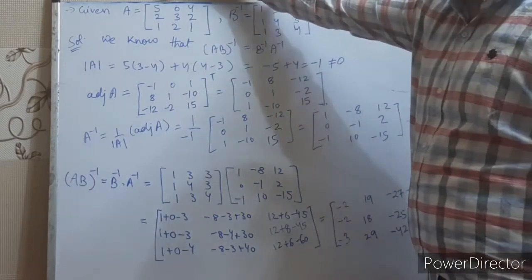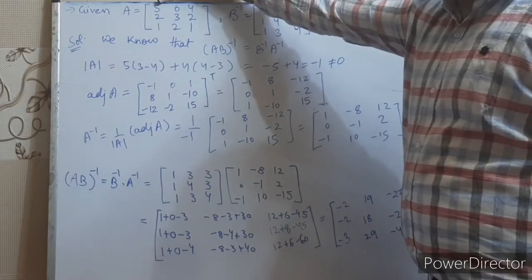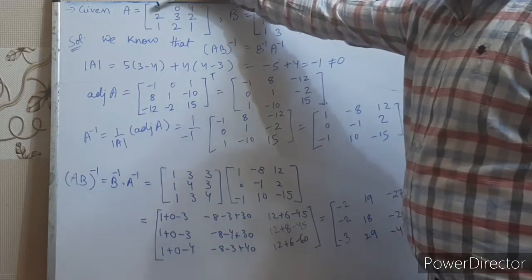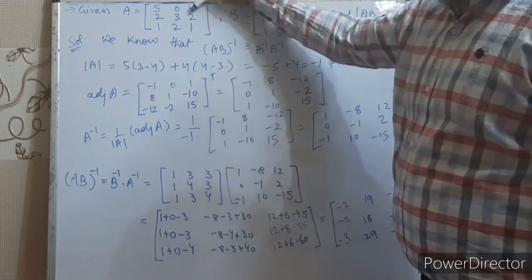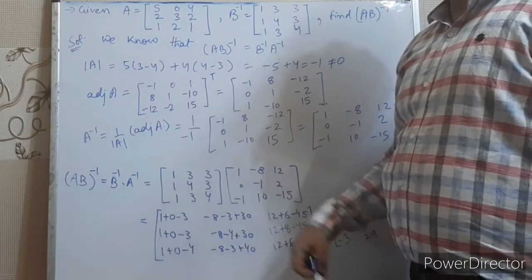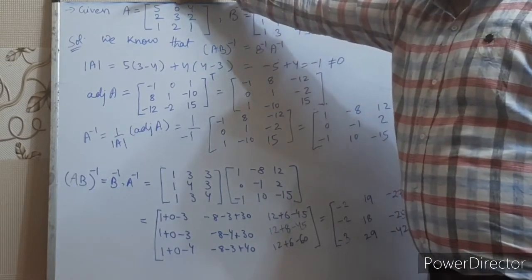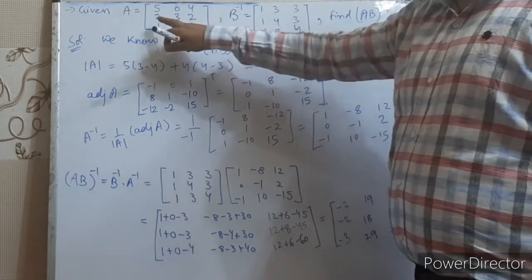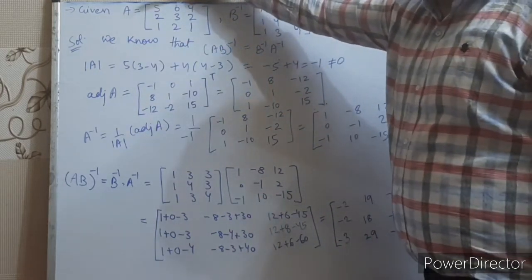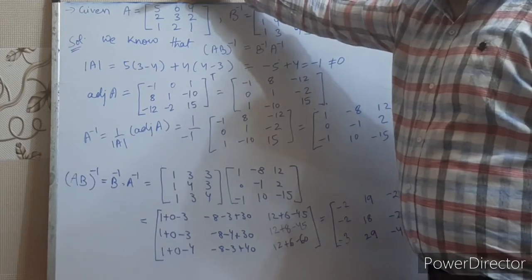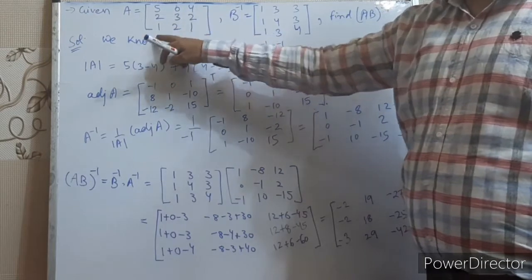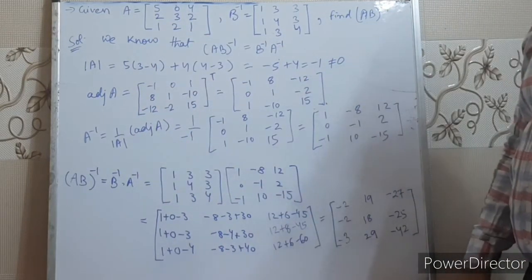Suppose we are calculating the cofactor of the first row. If we calculate the cofactor of the first row, first column element, this row and column will get cancelled. It will be 3 minus 4, which is minus 1. For the second row, second column, you can see that it will be 2 minus 2, again 0. For the first row, third column, this row and this column will get cancelled. What will we get? 4 minus 3. So it will be 1.